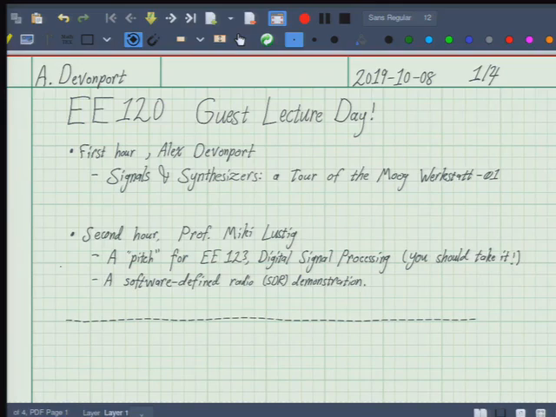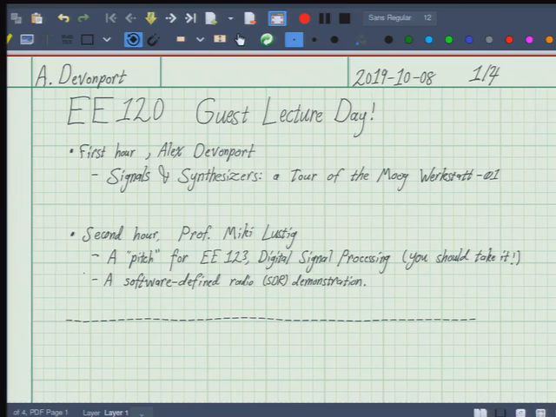And basically what's going to happen is you can come on down and play around with them and see for yourself what it's like to use one of these things and to invent and discover new sounds using your signals and systems knowledge. And there'll be some patch sheets and worksheets as well, in case you want some guidance on what to do and what to explore. But if you just want to embark on your own soundscape adventure, you're also free to do that too. So look forward to that on Friday.